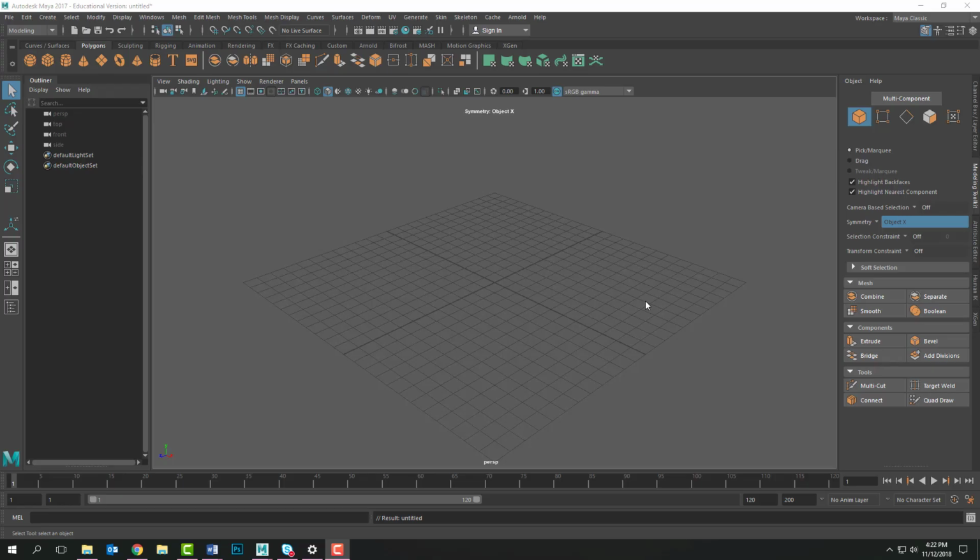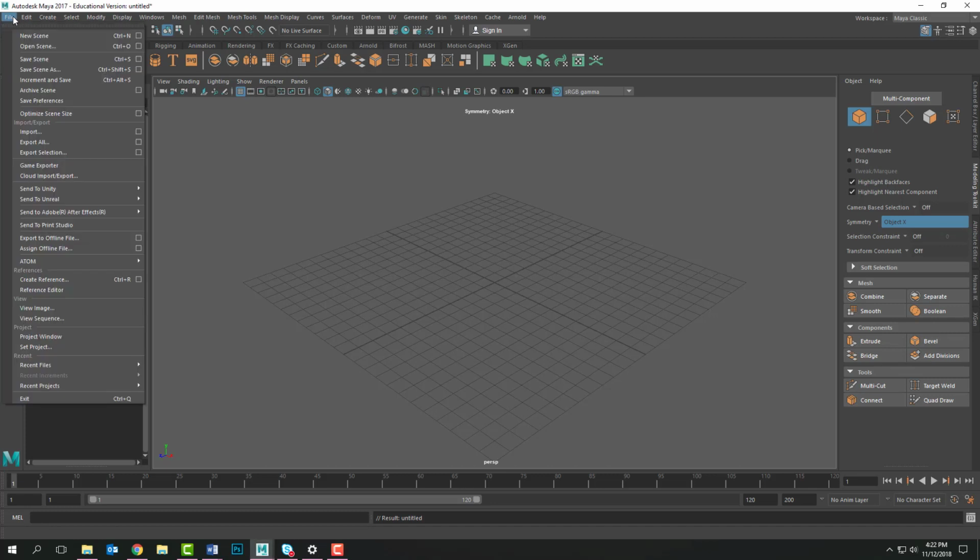Okay, so now we're going to create a very simple character in Maya based on the drawings that you did. So the first thing we need to do is set up our project. So you're going to come to File, Project Window, which is down here on the bottom,